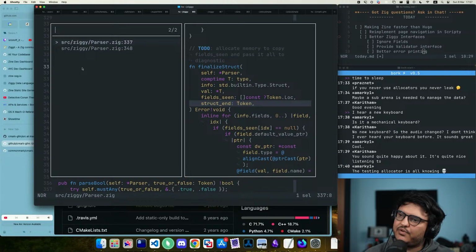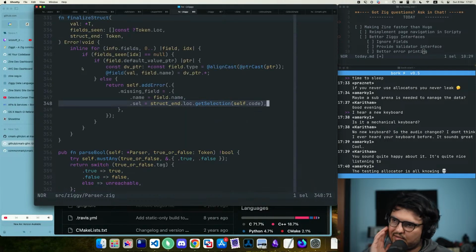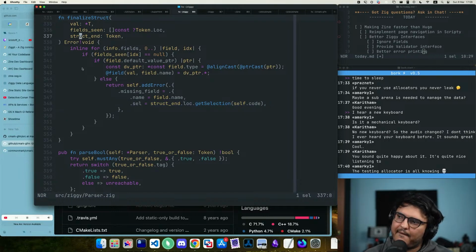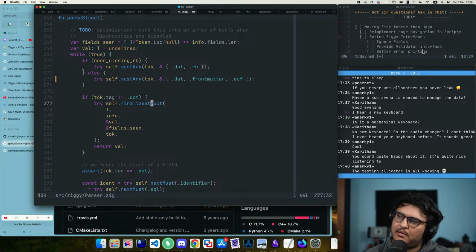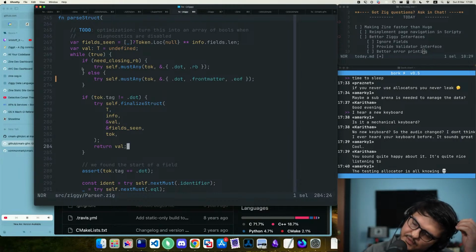Struct end. Where do you use struct end? Oh, this is where the struct ended. We say get selection. Missing field. Okay. And then we return the value. So this means